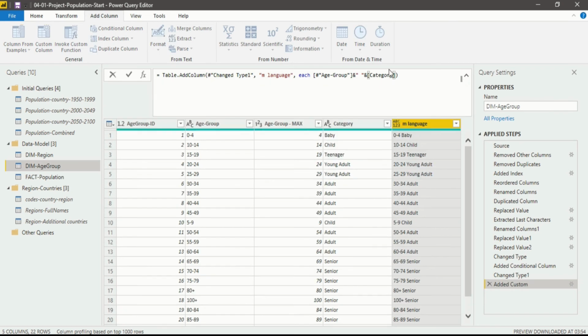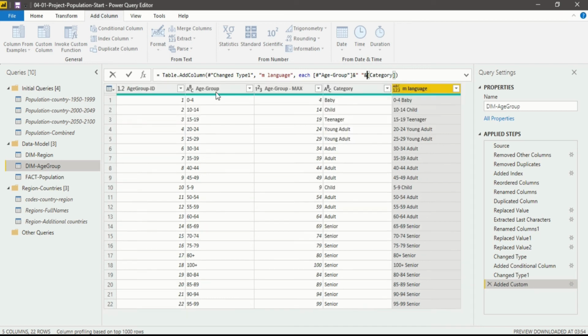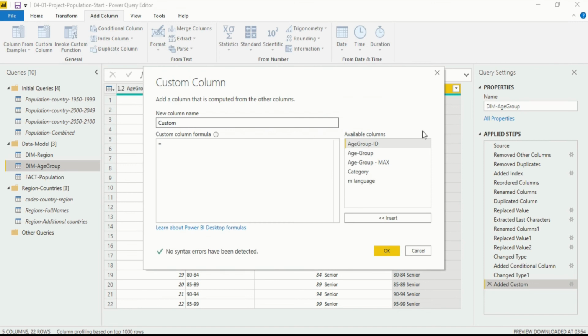I will show you the code I have created using M language, but do remember I haven't created the whole code. The whole code is created by Power Query Editor itself, because when I made a custom column, the new table opens up and shows me how to do the coding, because the coding is done in the background. This is a custom column which I have used. I haven't made any formula from here.